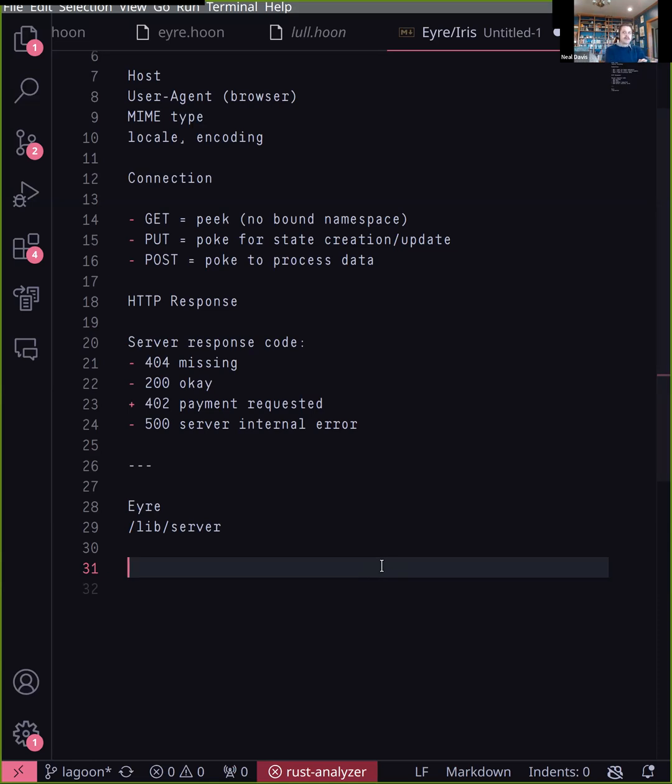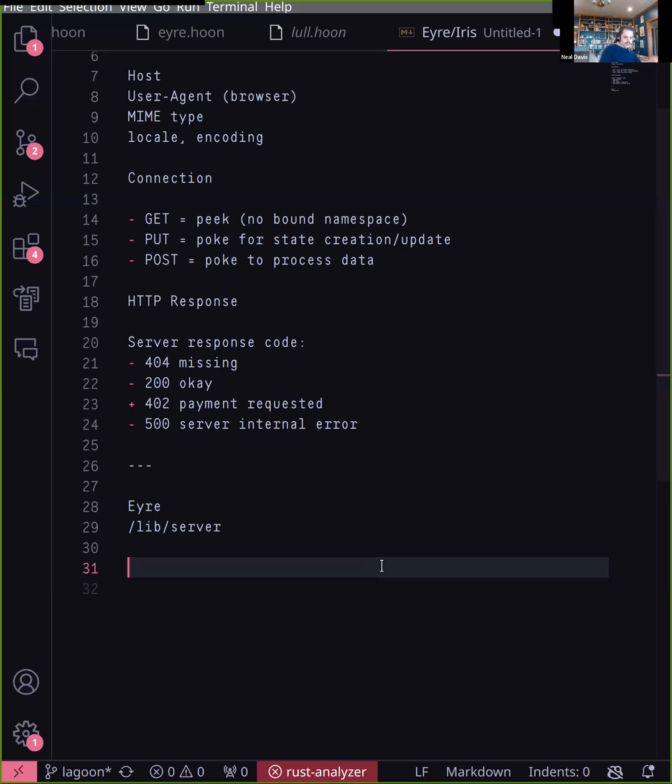You do use them with glob HTTP requests where you need to figure out, what does my front end look like. Other than that, Eyre as a server is largely just receiving the request, unwrapping it in whatever shape it needs to, and then handing it to you as an inbound server request to Gall, or it's wrapping your outbound server response from Gall. So your use pattern is very commonly going to be, you have an agent. In your on-poke, you're going to receive HTTP requests. And the most common pattern is to have a handle-http arm that's going to deal with the inbound request